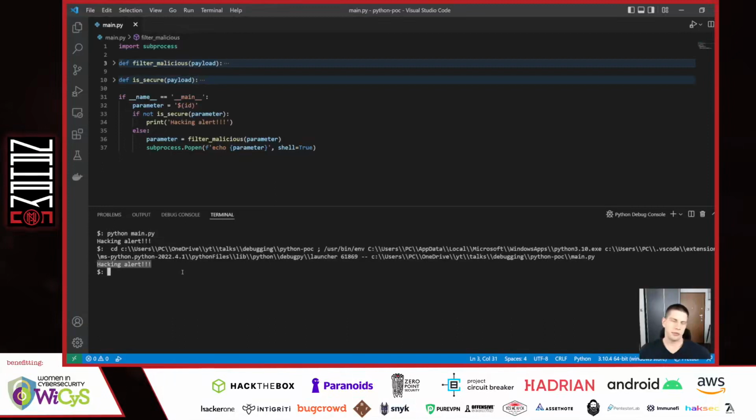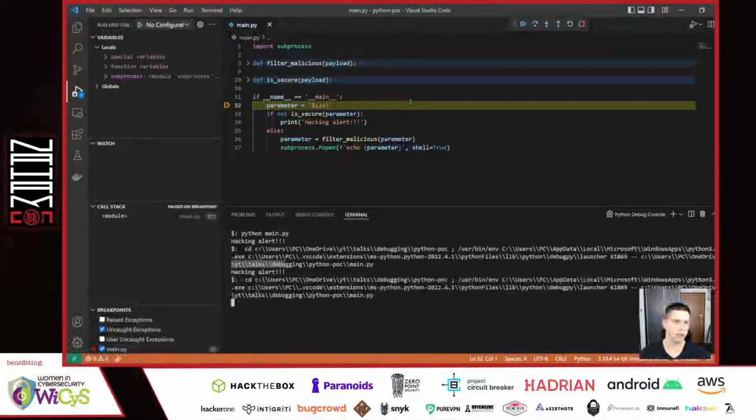So what is the difference between just running the program and debugging it? I can simply click with my mouse on the left-hand side of the line number, and this red dot appears here. And now if I debug the program again, I can do it using the F5 shortcut. I see no output here. I see no hacking alert, nor the command execution, and the line is now yellow. What happened is it hit a breakpoint. This red dot was a breakpoint, and it means that when the program gets to executing this particular line, it stops,